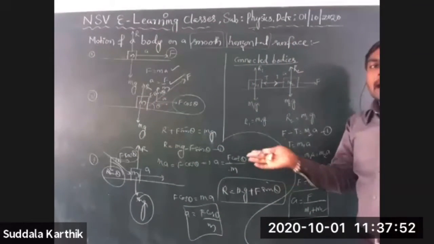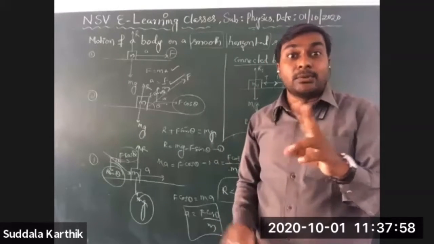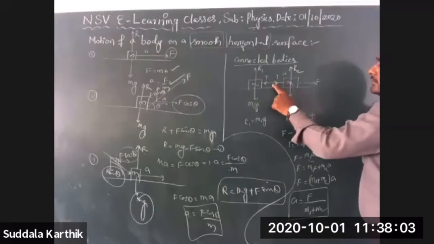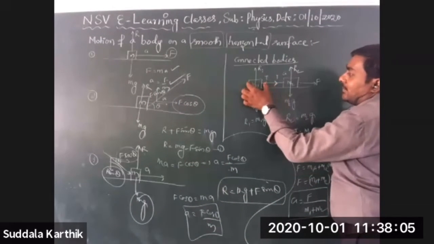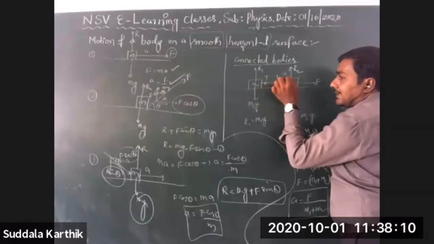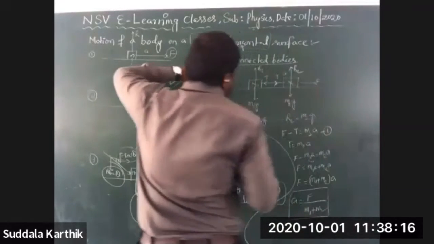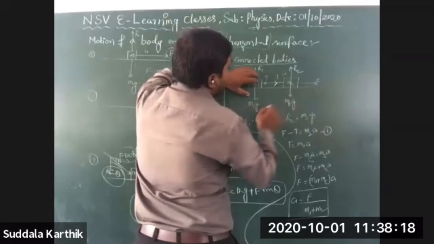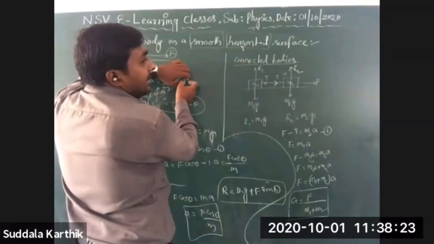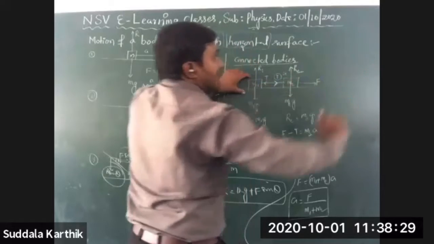Now after that, I added another body, so two bodies are there. Two bodies are connected by one string, one thread. The mass of the first body is m1, and the mass of the second body is m2. These two are connected by one string. The tension developed in the string is capital T. Due to this string, I am attaching the mass in this direction, so it is pulling in this direction. That's why some force is developed internally, and that tension is exactly in the opposite direction.